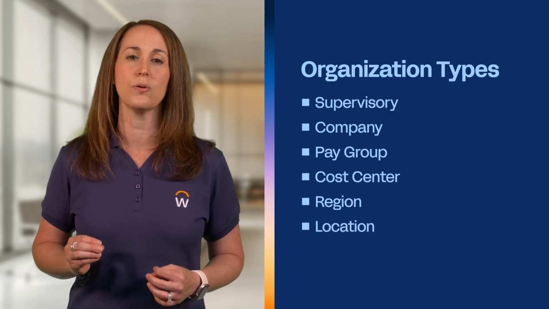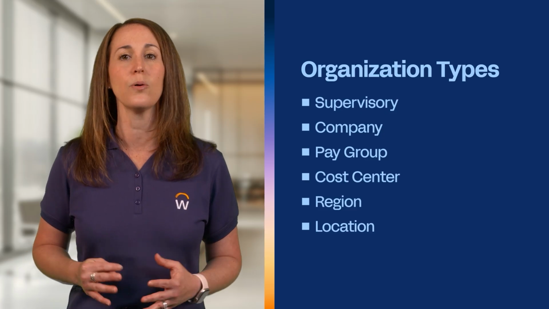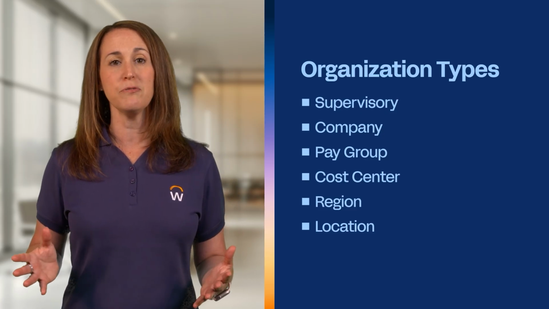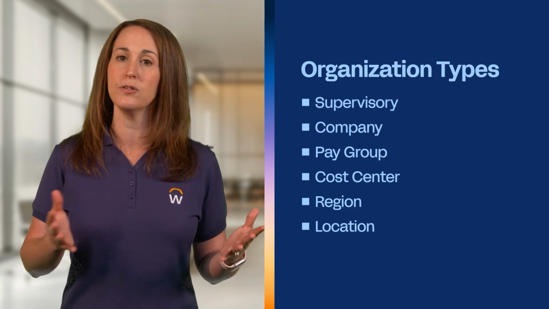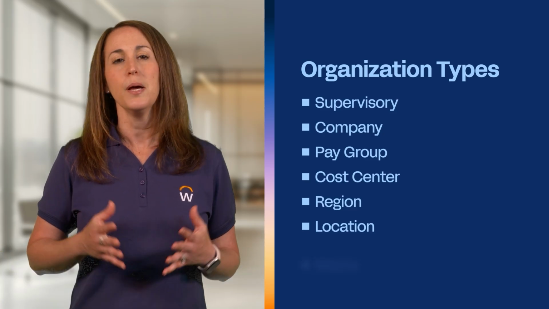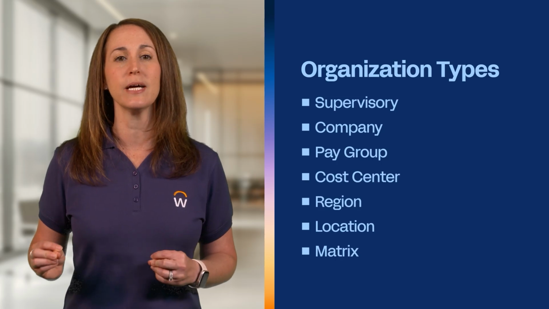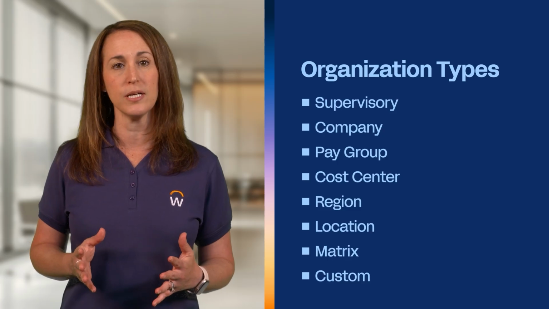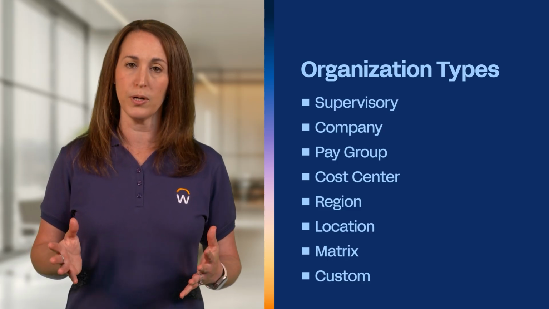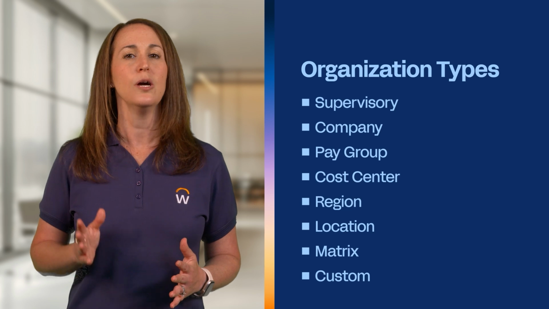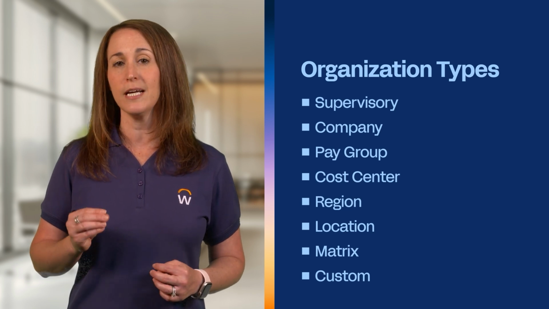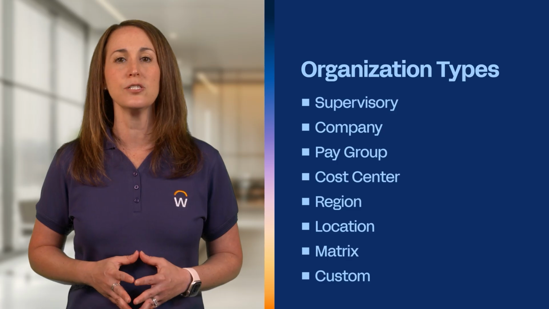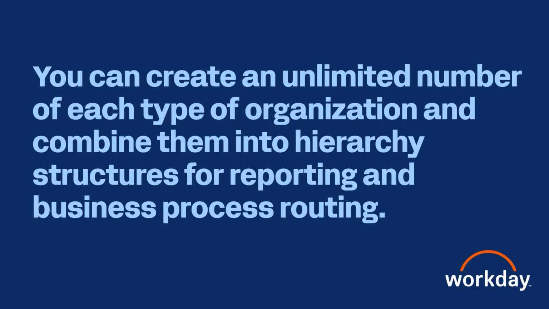You can use a location organization to assign locations and organizational roles. This type of structure allows for multiple relationships of locations to report on. Matrix organizations establish indirect manager relationships. And you can configure a custom organization to define grouping attributes for reporting purposes. Optionally, with this type of organization, you can define companies, cost centers, and regional hierarchies. You can create an unlimited number of each type of organization and combine them into hierarchy structures for reporting and